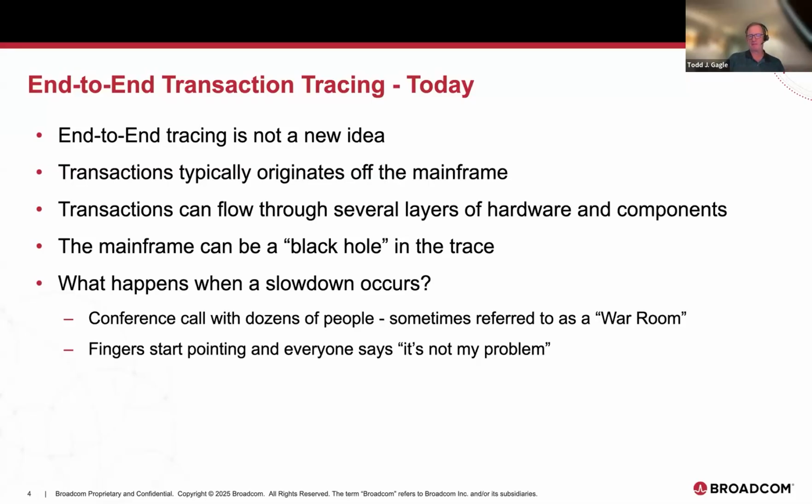How many hops through hardware does that transaction basically have to flow all the way into the mainframe and all the way back? And nobody can drop any data along the way, otherwise you get a black hole. People say that when their transactions run, it gets to the mainframe and now it's just a black hole. They know it went to the mainframe, but they can't see anything in the mainframe, so they refer to that as the black hole.